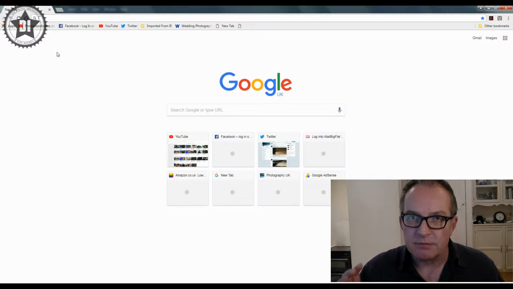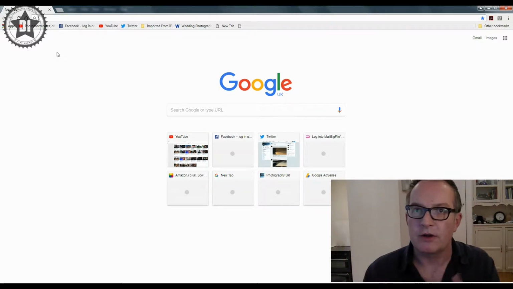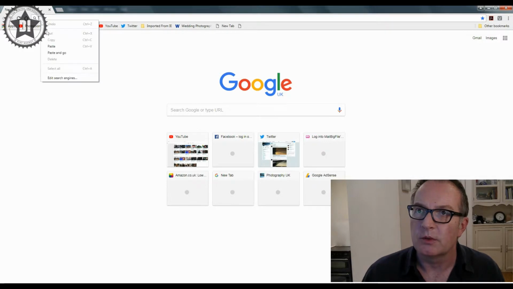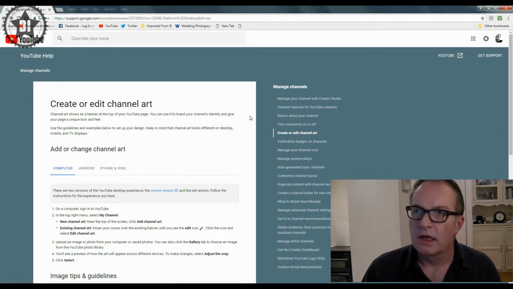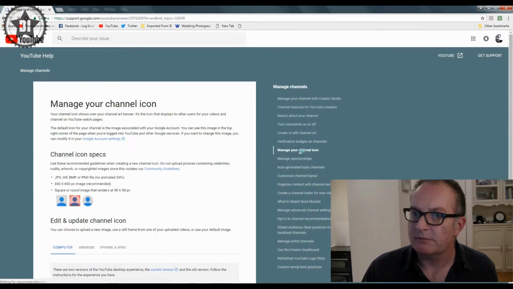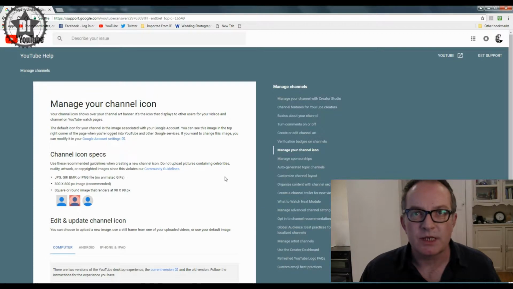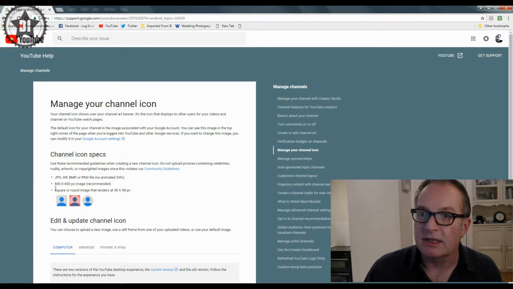Let's have a look now at creating the logo, the little square image that is your icon that will travel around YouTube with you. So we'll go back to our same support page. So we're back on the same support page. If you come across the side here, just below where it says create or edit channel art, you've got manage channel icon. So we click on that, and this now gives us all the details we need to know about creating the icon. And basically what we're saying here is the icon needs to be 800 by 800 pixels wide,